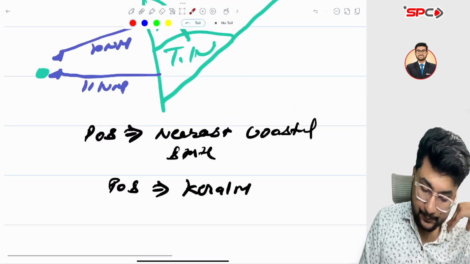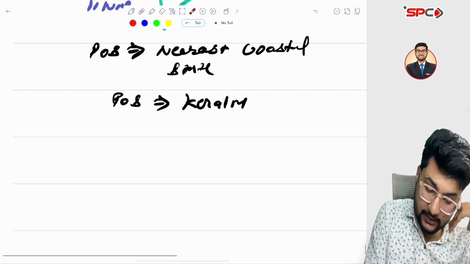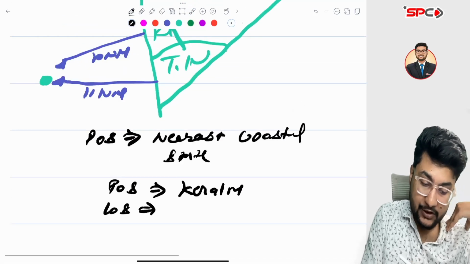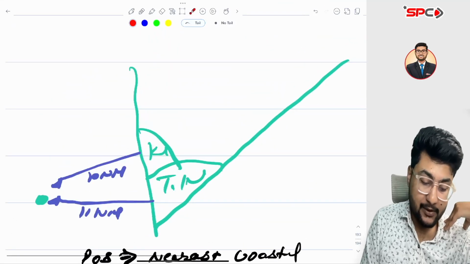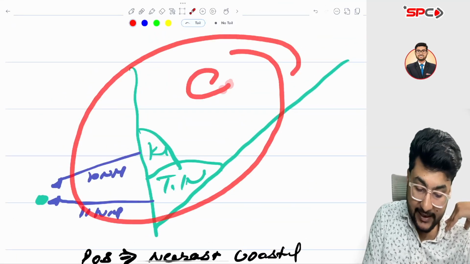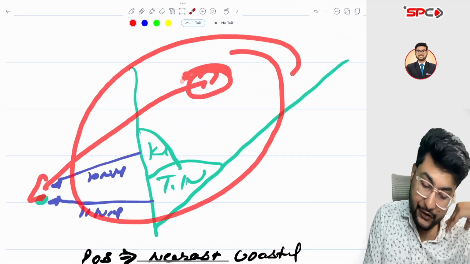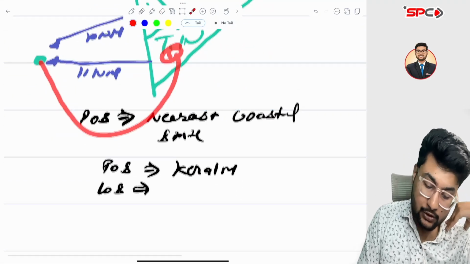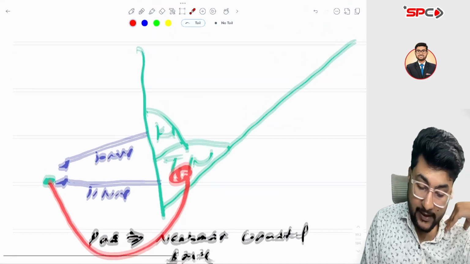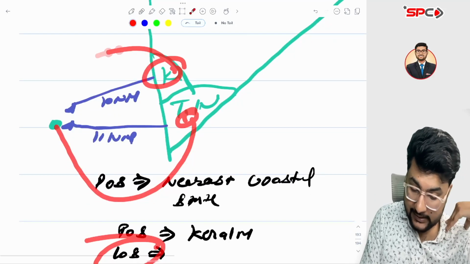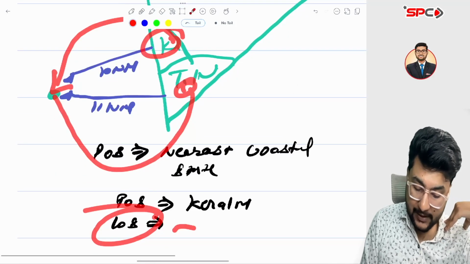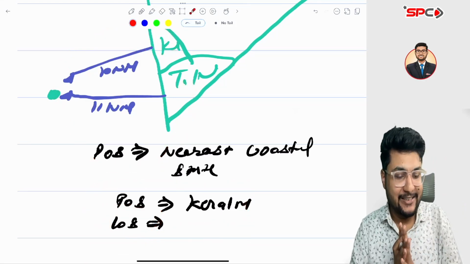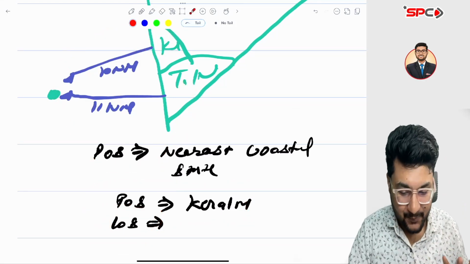Okay, so in that case, what is the location of supplier? Sir, you haven't given us the location of supplier. The location of supplier can be anywhere in India. Suppose a Delhi person is supplying here, the location of supplier is Delhi. Suppose a Tamil Nadu person is supplying here, Tamil Nadu will be the location of supplier. Suppose a Kerala person is supplying here, the location of supplier will be Kerala. Based on that, we will classify it as interstate or intrastate. I hope it is clear to you.